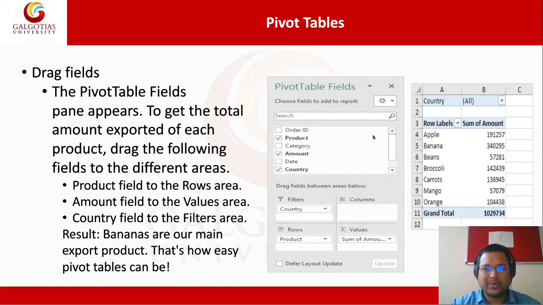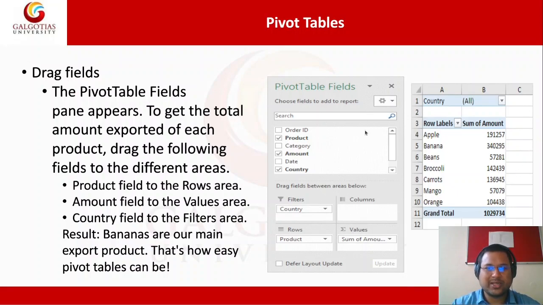So when you click on the pivot table, select the data and press OK, this kind of dialog box will come in front of you. Filtering, columns, rows, values. And this is the result. You see, for all the countries, for all the fruits, what is the sum of the amount? And this is the grand total. You will not find this anywhere in the concepts that we have discussed so far, right? Now if you select a specific country, for that specific country you can easily find out the sum of amount for each food label and the grand total. So these are becoming easy with the help of pivot table.